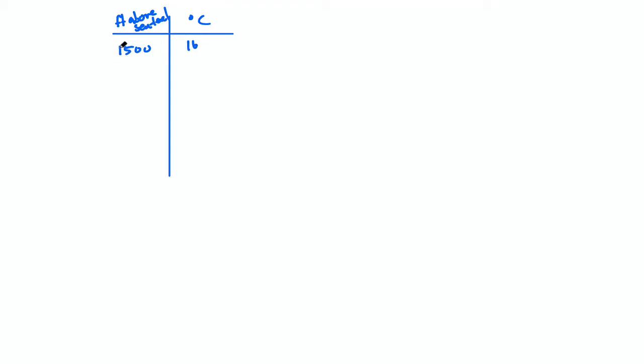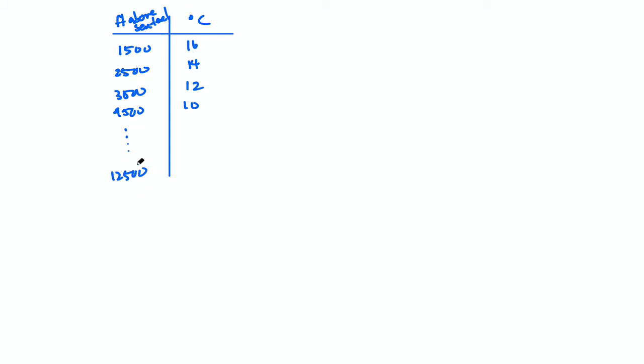So we start at 1500 feet, and it's 16 degrees Celsius. If I increase by 1000 feet, it's going to decrease by 2 degrees Celsius. So this is going to be 14. Increase by another 1000, this decreases by 2 again. Another 1000, we decrease by 2 again. So eventually we're going to hit